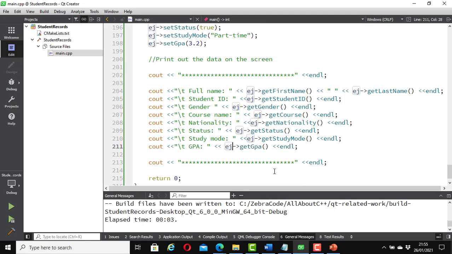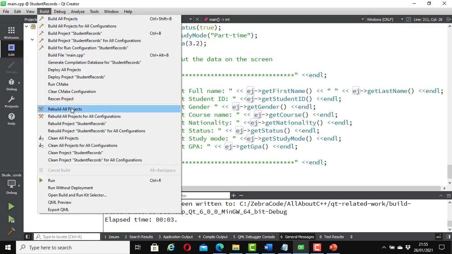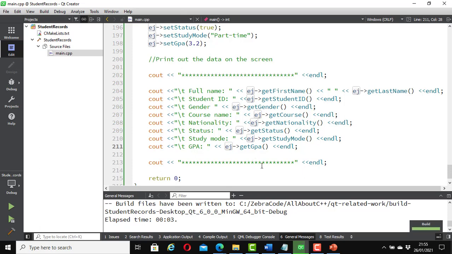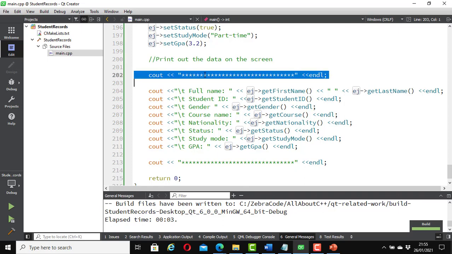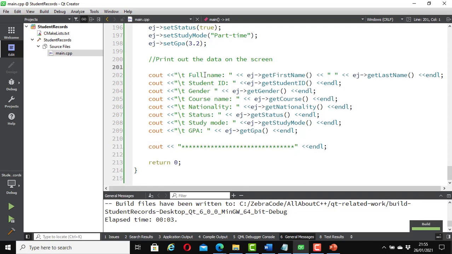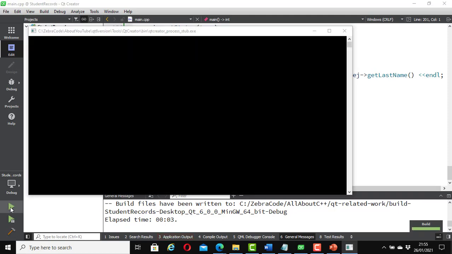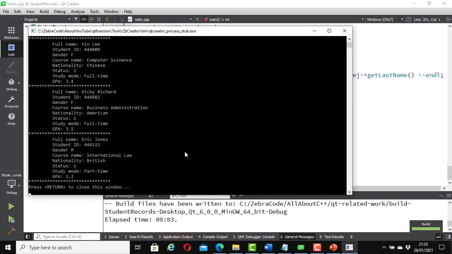Let's save it and preview it one more time. Build it. It was built successfully. No error message. We can delete this one. Then we don't have it twice. Okay, build it one more time. Yes, it was successfully built. No error message. Now run it. Yes, so Eric Jones has also been added. Now we have 5 students that we have created from the class